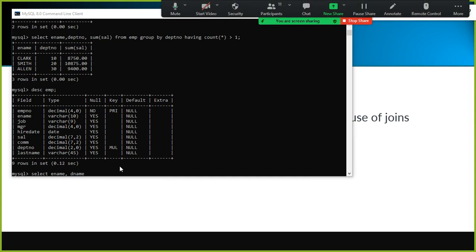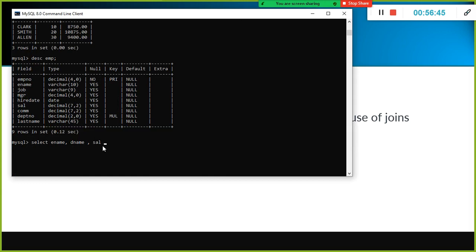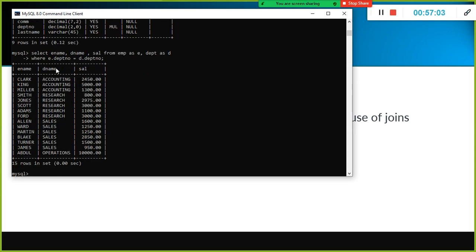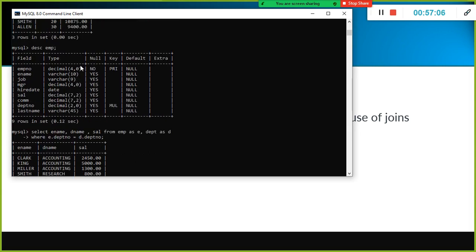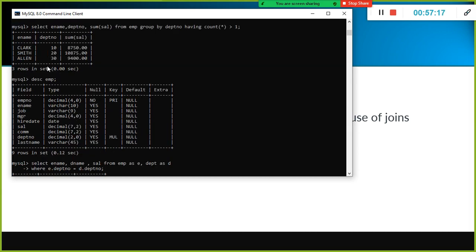Right, so the department name, okay, so I want, but here do you have the department name? We don't have it, right? We don't have the department name. And for example here, comma, salary, my manager wants the report to be generated like that. But only when I join these two tables, I can get the department name. With a single query, we wanted to select more than one column. But unfortunately, department name is not there, right?